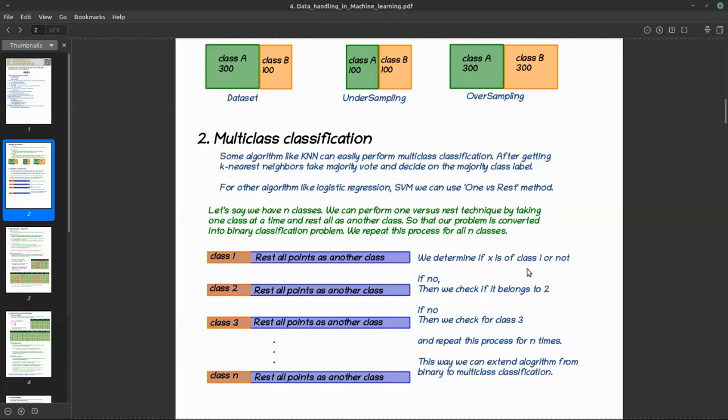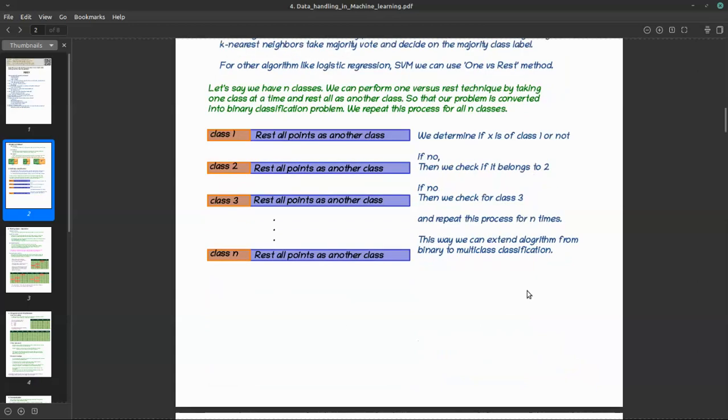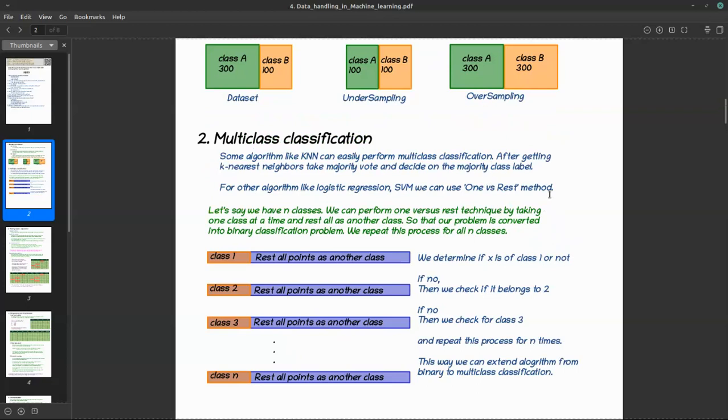What the one versus rest method is: let's say I have 5 classes. I will take class 1, and the rest, classes 2, 3, 4, 5, as the other class. Doing this, I will identify if this point belongs to class 1 or not. Let's take the worst case that it doesn't belong to class 1, it belongs to the rest: C2, C3, C4 and C5. So again do C2 against the rest of the classes, then C3 against the rest. At some point you will identify which class your query point belongs to. This is the one versus rest method.